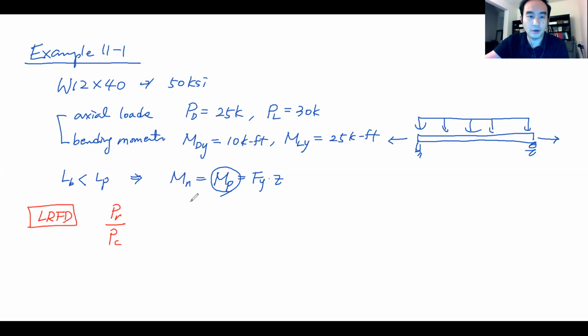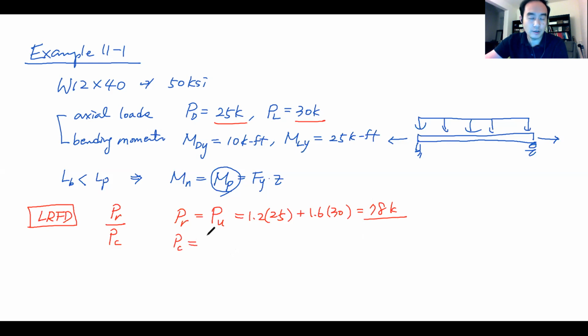So what is PR? PR is the demand. So in this case, LRFD, PR should be equal to PU. That's the factored demand. And we have two actual loads, 25 and 30. So I'm going to combine them using the load factors. So 1.2 times that load plus 1.6 times live load, 30. That will provide 78 kips. So this is our PR. Okay. And PC,